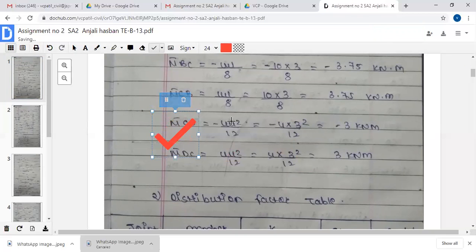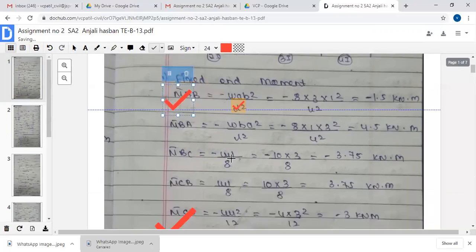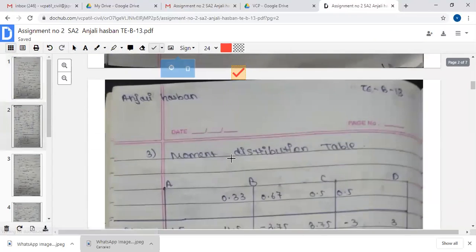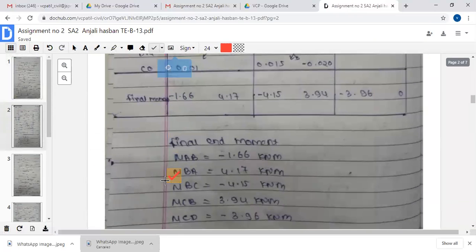The first page is now completed. If you have multiple corrections, you do multiple tick marks. Again you can increase the size like this. If you go to the next page, you correct it like this. See, it is very easy.